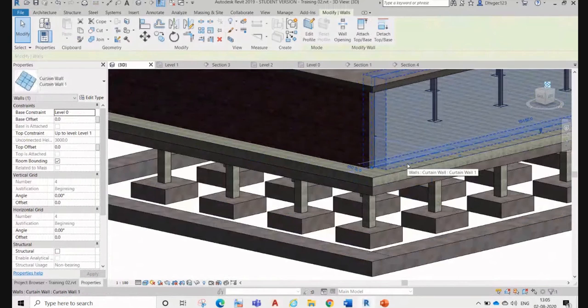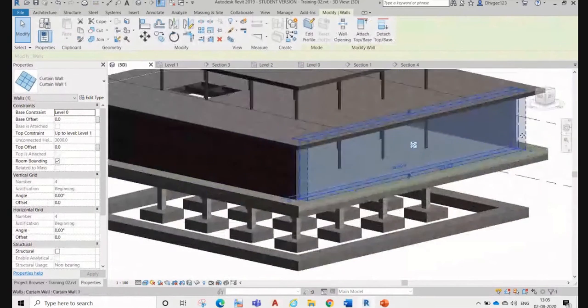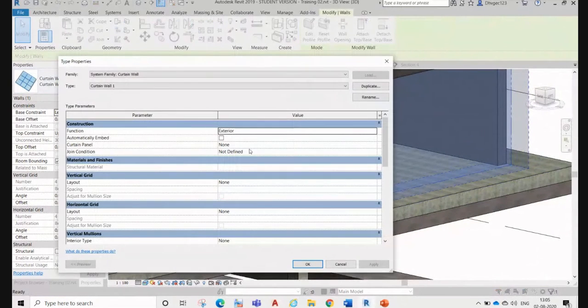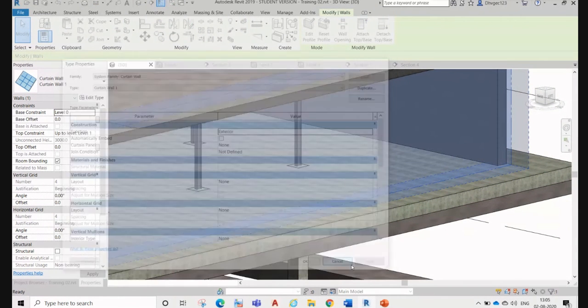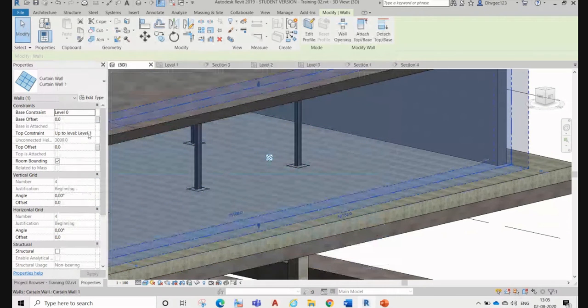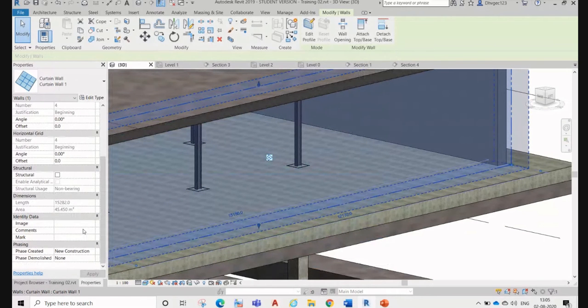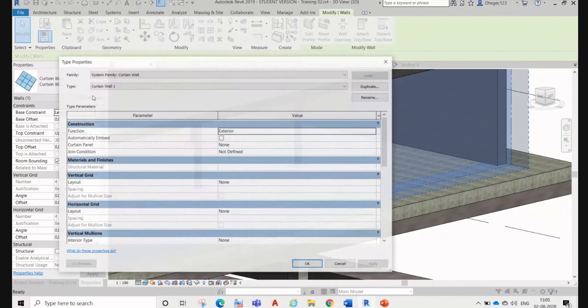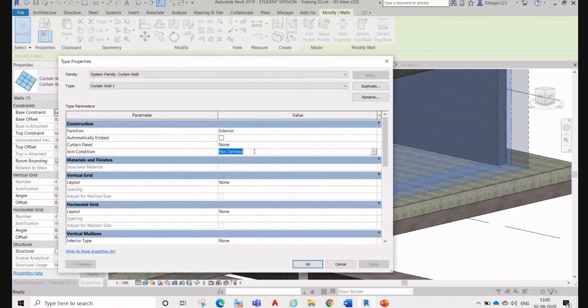Where is our curtain wall? Okay, this is our curtain wall. Why can't we see it? We have curtain wall one. Edit profile, curtain wall, joint, panel, brick wall.